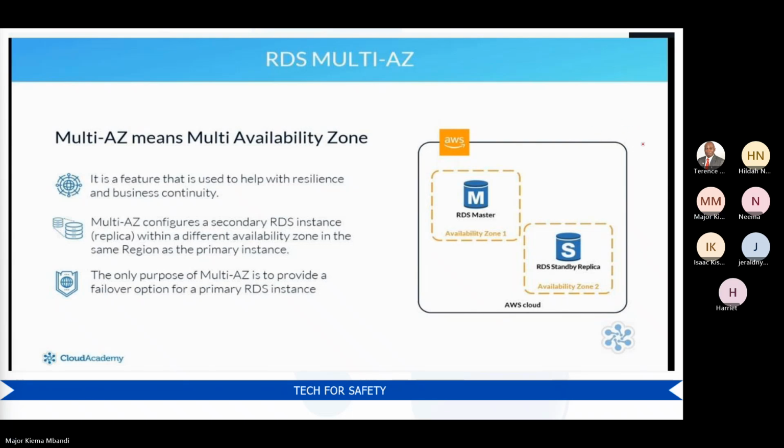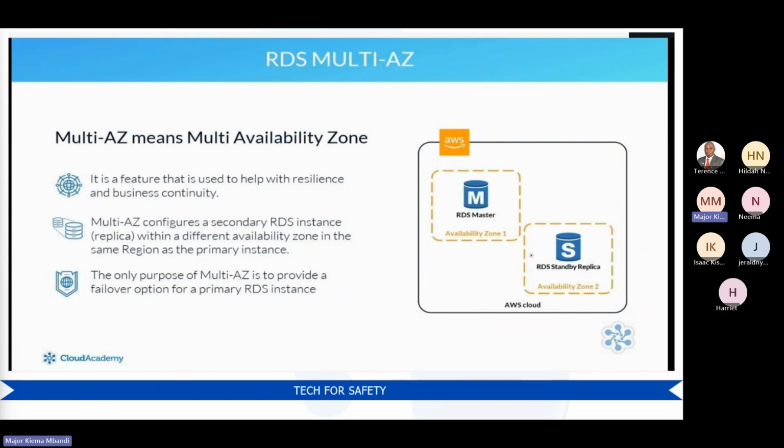East 1. So the database will have master and secondary. The only purpose for multi-AZ is to provide a failover option for a primary RDS instance. So something can happen. It doesn't have to be the availability zone being out. Something can happen also in your instance that is running your DB. So if such happens, you can fail over to the secondary, and now this is promoted to primary or master. And then maybe if you have now another availability zone, so you may try to launch,